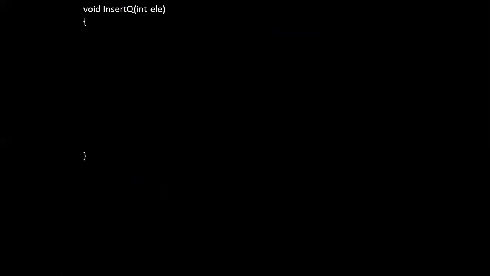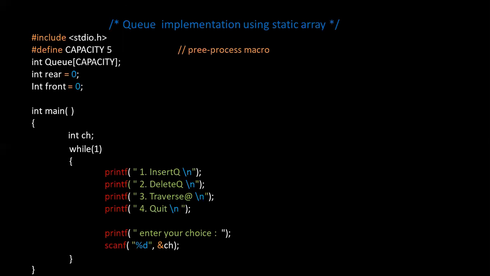Remember that for every function, the prototype is also important in the C language. So whatever functions we use, user defined functions other than main, we need to write their prototypes before the main function. So before the main function, we need to declare the prototype. And here there is no need to write the names of the arguments, but we need to mention their type. So here it is void insert queue of int.